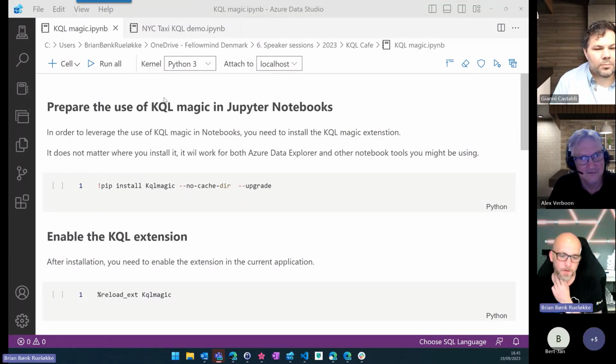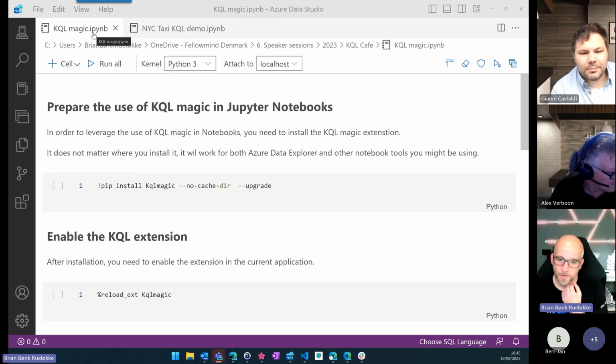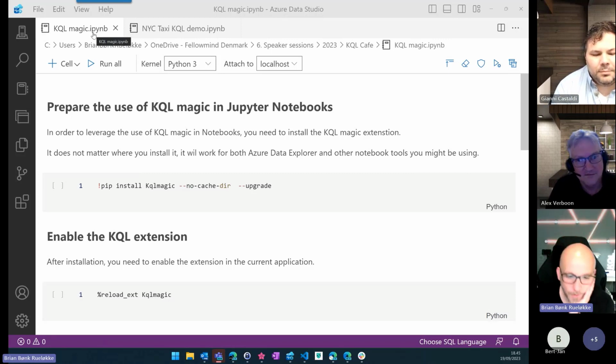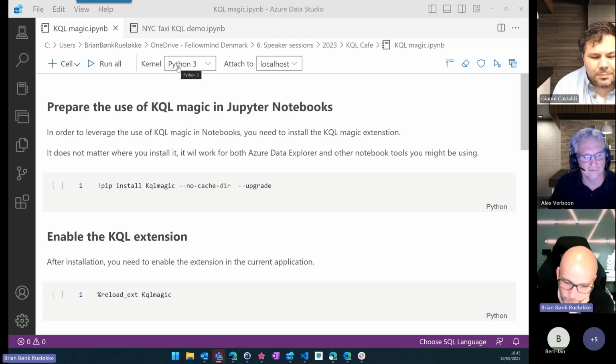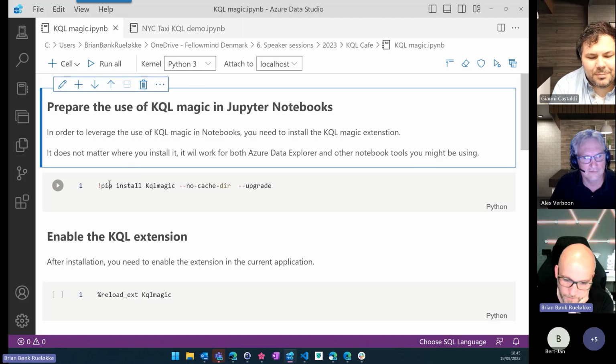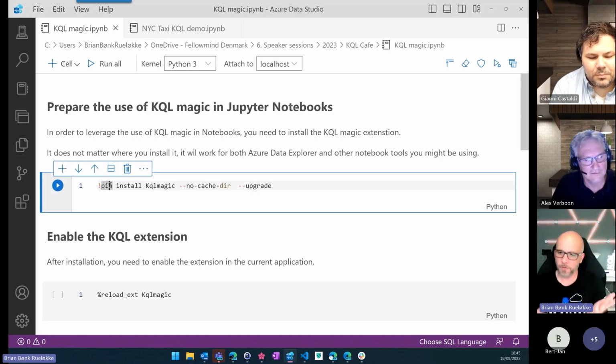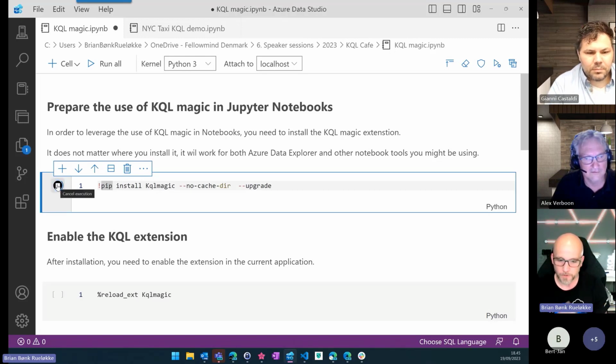Here I have just a Jupyter notebook in my Azure Data Studio. It is hooked up to the Python 3 kernel here. What you need to do, there are some prerequisites. You need to first of all install the KQL Magic to your Python kernel. You do that by the pip command. I've already done this, but